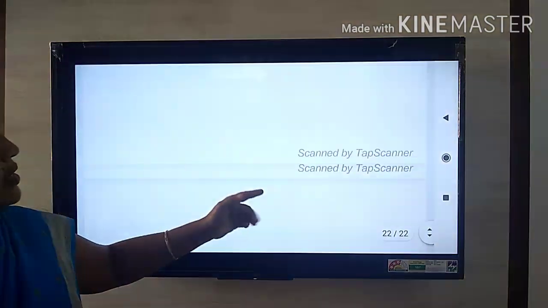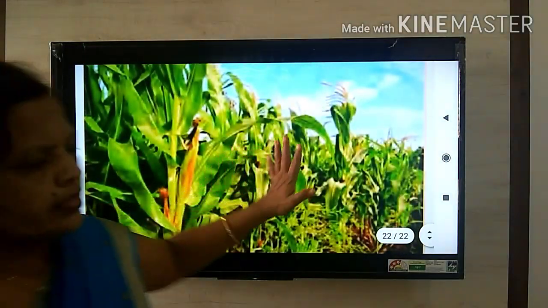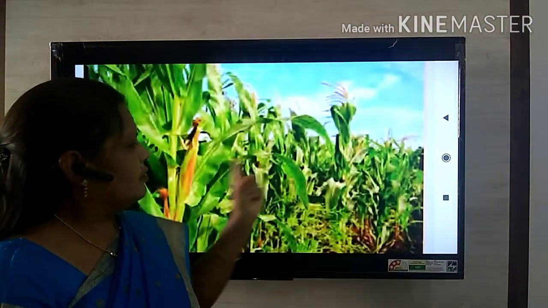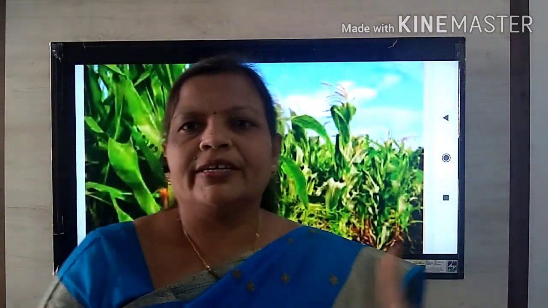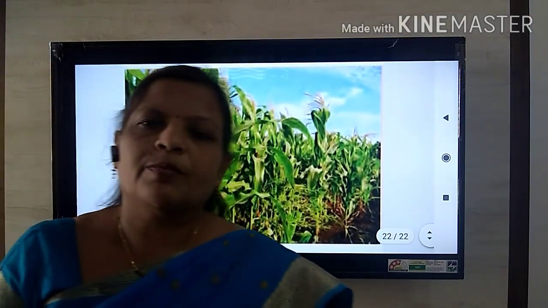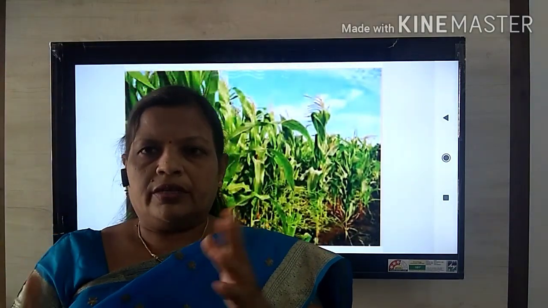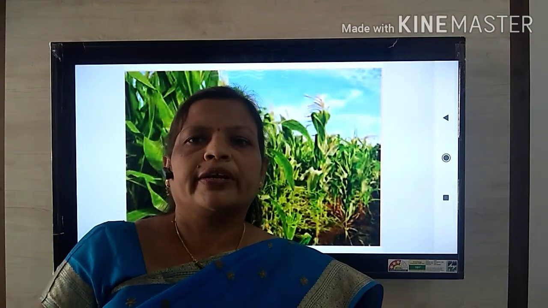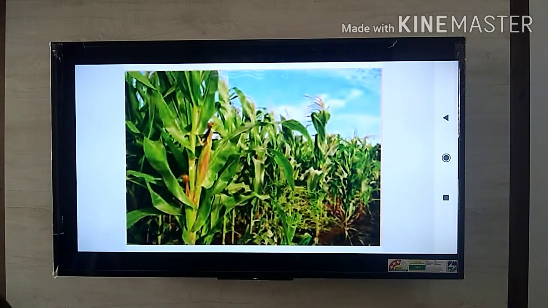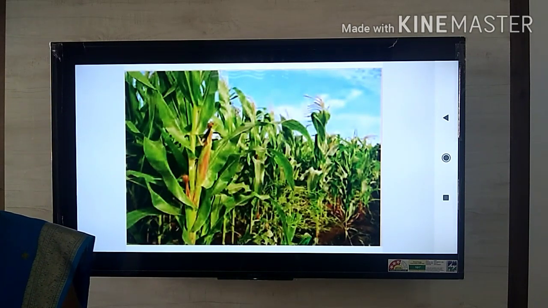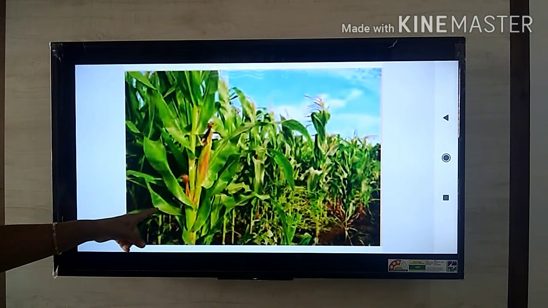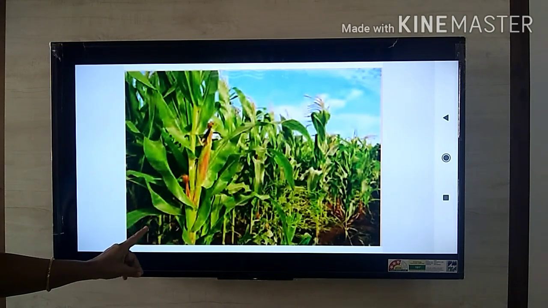Next slide. In this slide we can easily see, this is the last slide of this video. Which field is this? It is corn, isn't it? This is a picture I had taken from our textbook. In the previous video, as we discussed transpiration, in transpiration maximum loss of water takes place, and this maize crop, present in an area of nearly about 1 acre, gives about